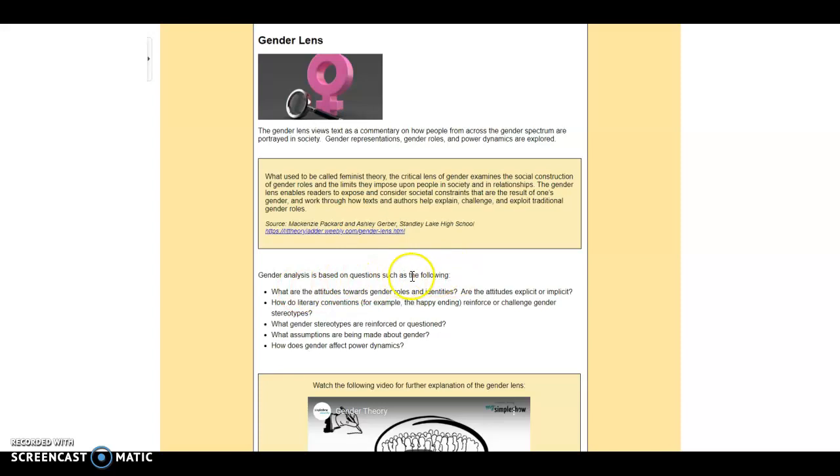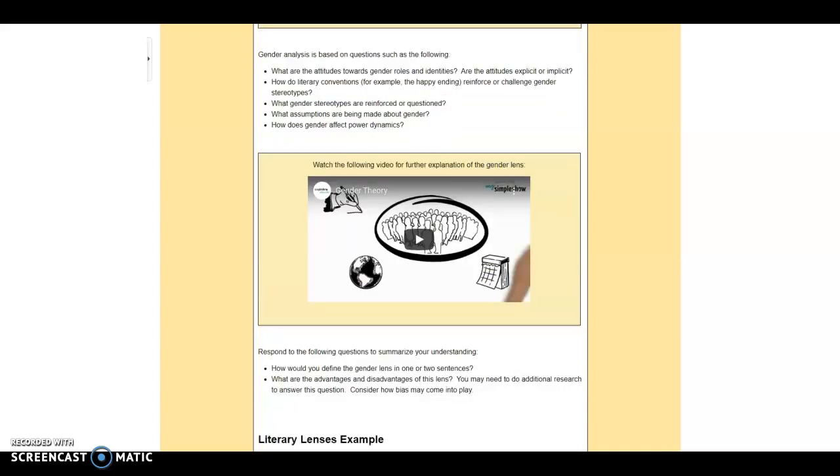Some of the questions that you can ask yourself if you're trying to analyze a story from a gender perspective are: what are the attitudes towards gender roles and identities in the story? Or something like, what gender stereotypes do you notice in the story? Do you notice that the women are being portrayed in a very stereotypical way, for instance? Again, depending on the time period of the story, the portrayal of the different genders in the story can be very different. There's a video here with a little more detail on gender theory and gender analysis, and our final 2 questions,